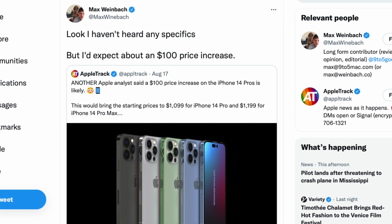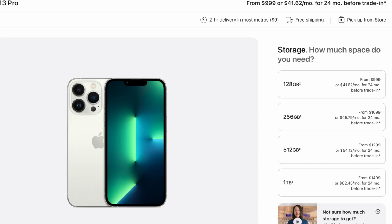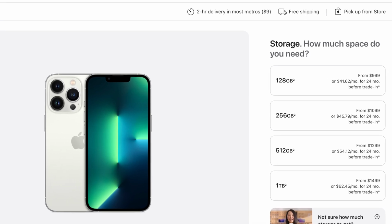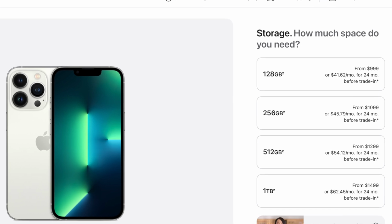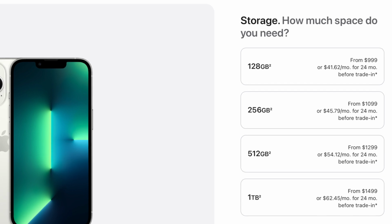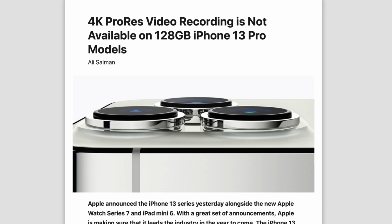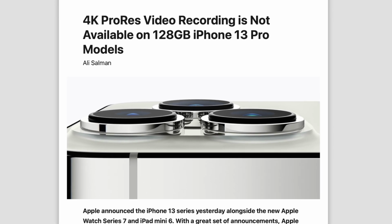And I do think that we're still going to stick with 128 gigs of storage, since do remember storage is the easiest way Apple can of course upsell you on the higher end models and ultimately make more money. So yes, I do think 128 gigs of base storage is just low enough where most consumers are gonna get 256. And yes, I know that if we do get 128, that's gonna miss out on 4K and 8K ProRes,